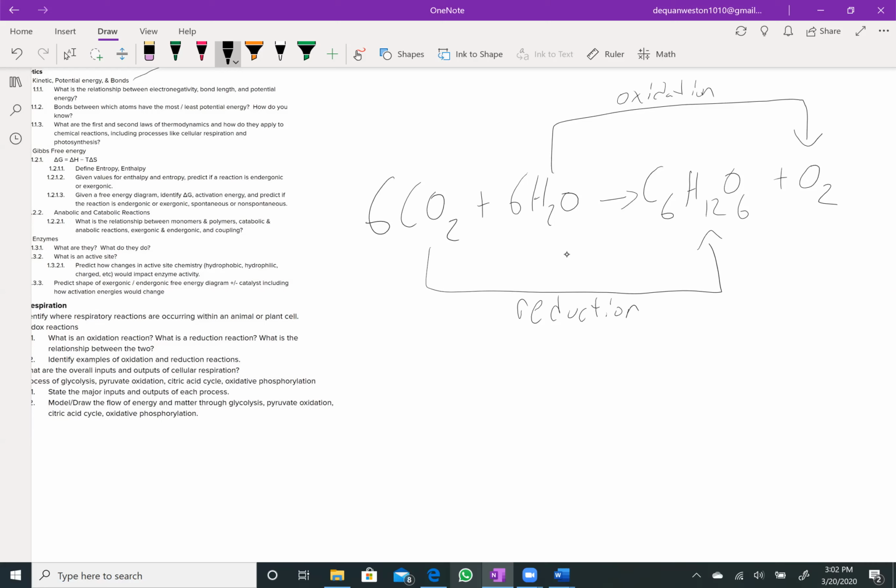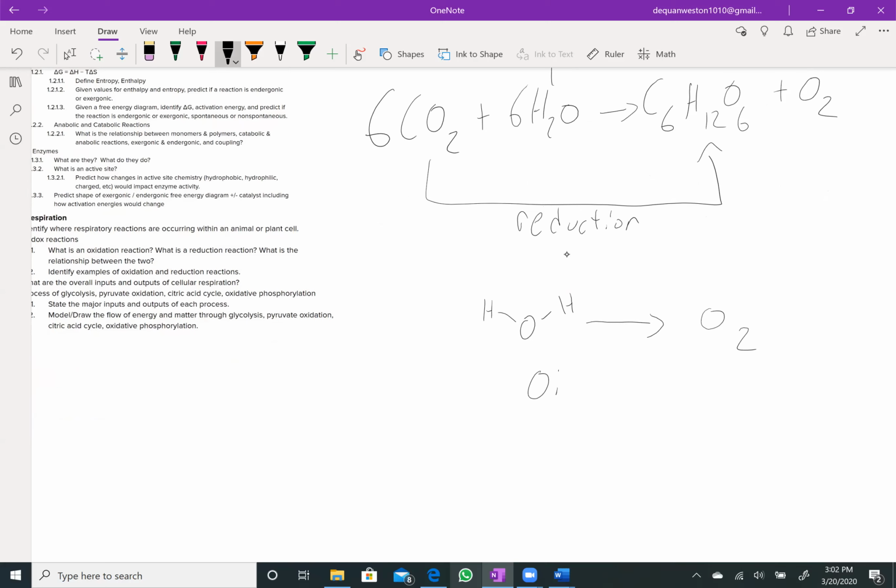Cool. So here we have H2O going to O2. And then the hydrogen is leaving. So this is oxidation because there's a loss of hydrogens. So I like to remember OIL RIG. Oxidation is loss. And then reduction, so we have